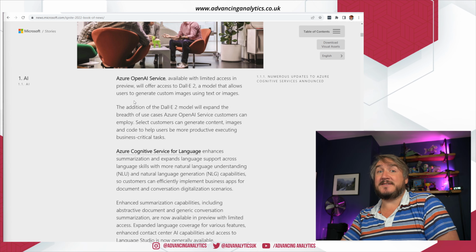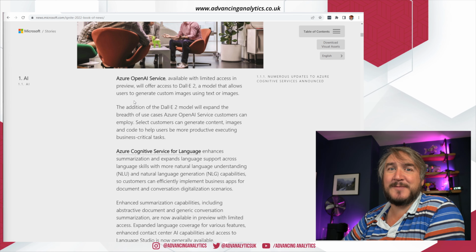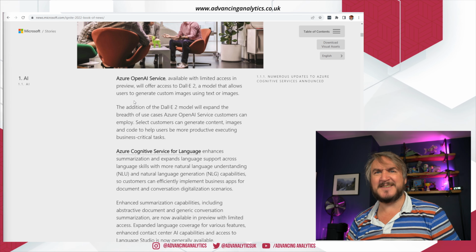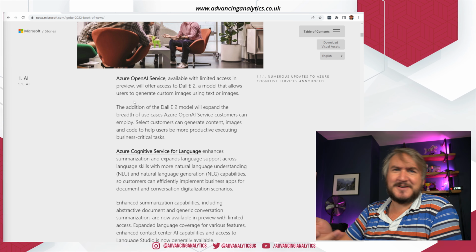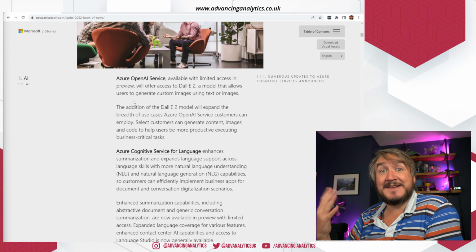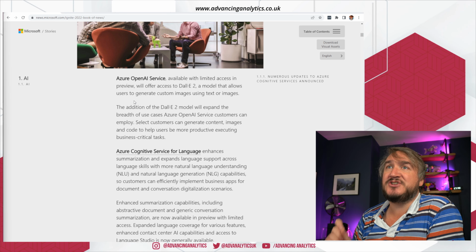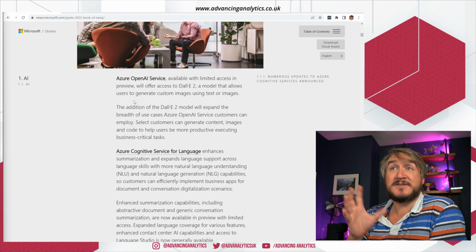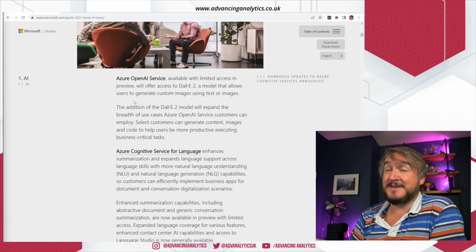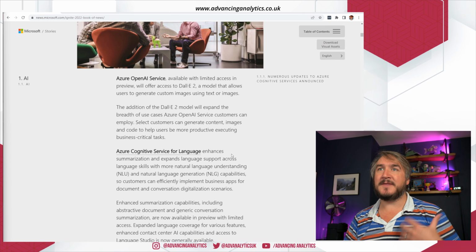If you've not seen DALL-E 2, that's the image generator. I'm sure you've seen tons of people tweeting and talking about it, where you can type just a sentence of, I don't know, a duck holding an umbrella up to some lightning on top of a mountain, and it will generate an image that matches that. It's entirely unique, entirely AI generated. So exposure to things like that is pretty darn cool. Again, very limited access right now, but it's something they're building on.